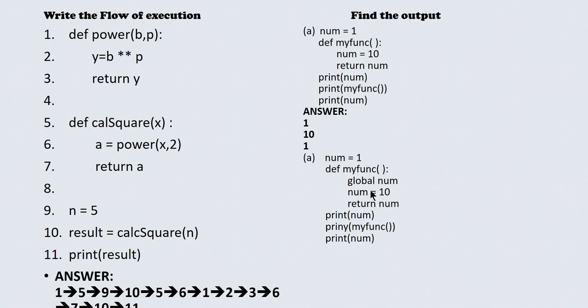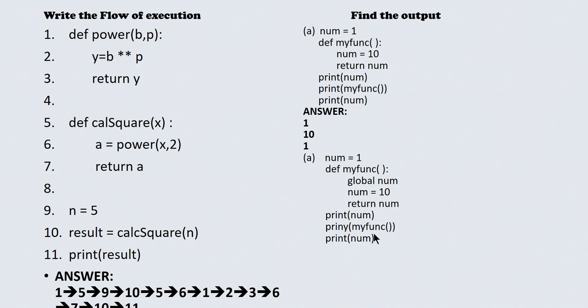So while executing this particular statement, the num variable will get the new value 10. And then whatever value is in num, that has been returned. So here print of num, what value will be printed? It will print 1, because first this line will be executed, after that the function header alone will be executed. After executing this, the control will come to the top level statement. While executing this particular statement, what is the value of num? It is only 1, because I have not yet started executing the function.